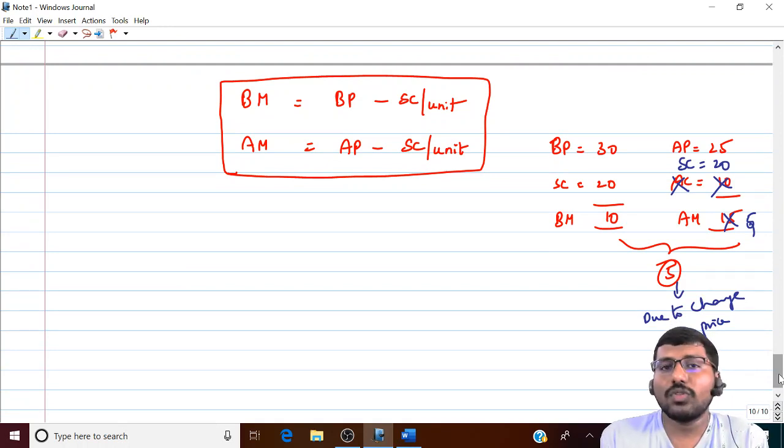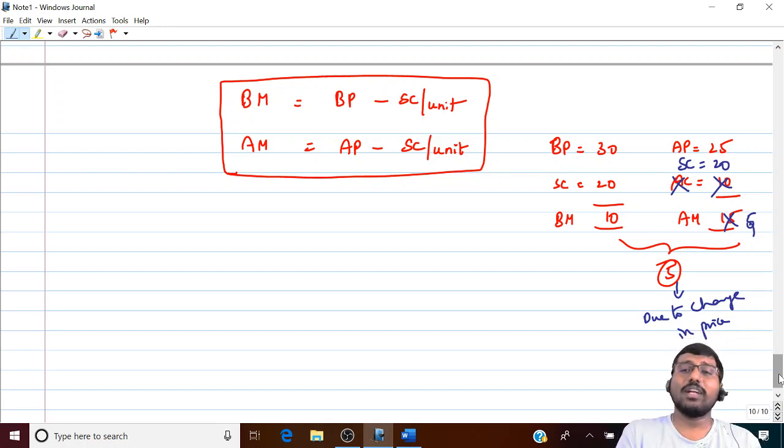Also, I've already told you that there should be only one change when you're calculating, correct? Here both price and cost are changing. It doesn't make any sense. That's another logic. The third logic is, for cost variances you're anyway calculating them separately. So when it comes to sales variances, why do you allow your cost variances to creep inside the sales variances? That is the basic logic.